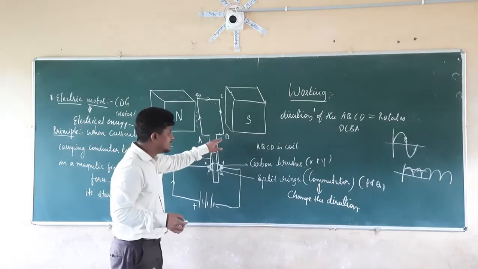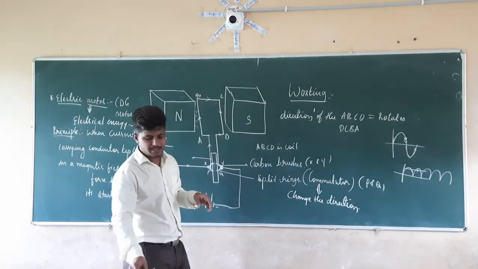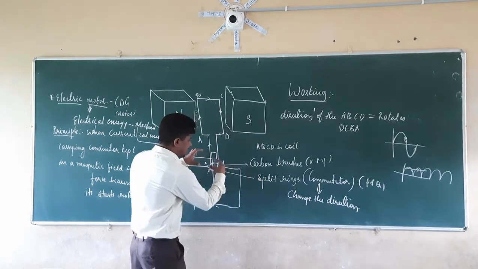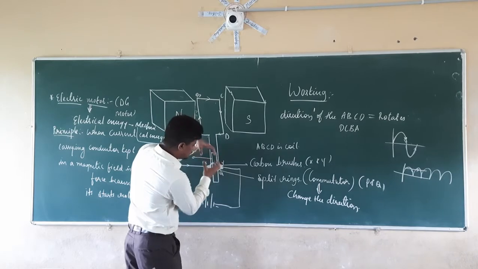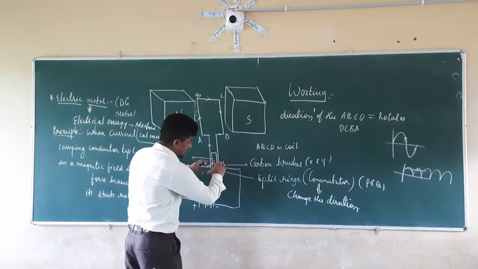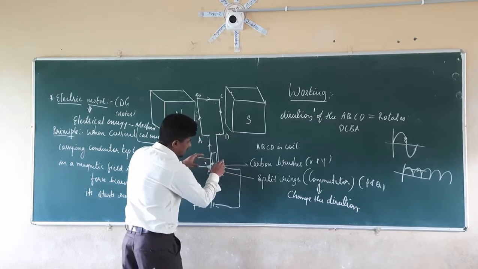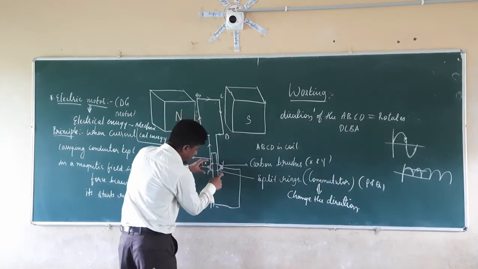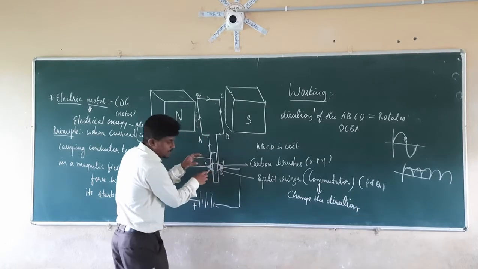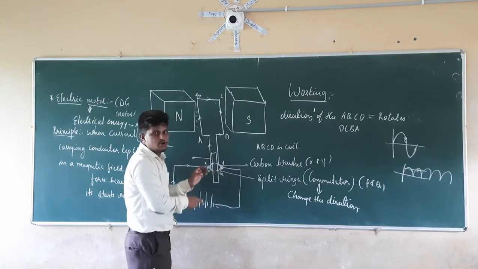So why is it connecting to the positive terminal here? Because of the split rings. These split rings, whatever they are connected here, are going to rotate like this. If there is some gap here, because of that gap, when they rotate, this Q split ring is going to come in the position of the P split ring, and this P split ring is going to go in the position of the Q split ring.